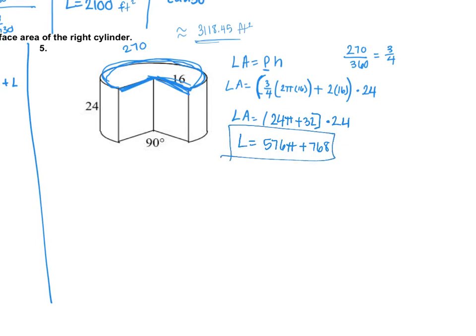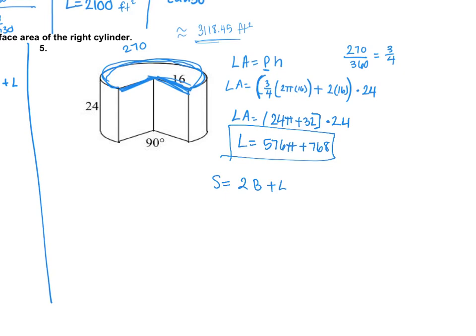Now I'm going to keep this in exact form until the very end. Now on a test, if it was to ask you to find the lateral area and not the surface area, you could just simplify it from there. But then when you're asked to find the surface area, you have to keep that in exact form until the end. So for the surface area, I'm going to do 2 times my base, plus my lateral area, right,